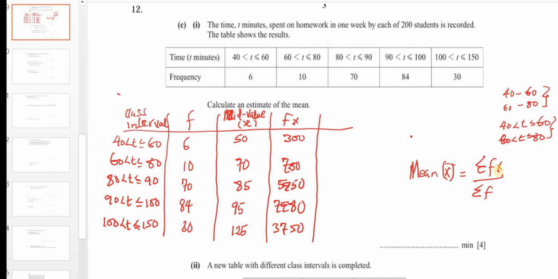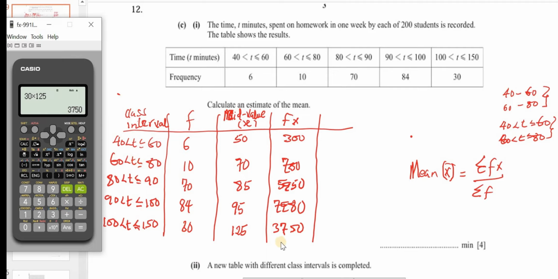So the mean is summation of fx. That means all the column for fx, we add every number there along the fx column. That's the summation. So to do that, we have the last one as 3,750. Then we add the next one, that's 7980